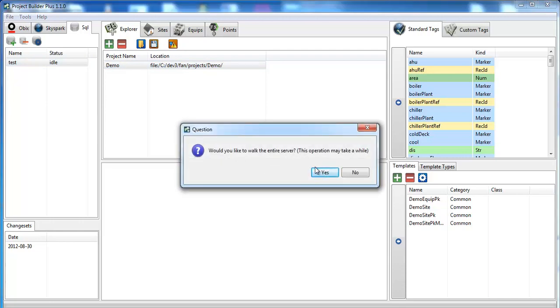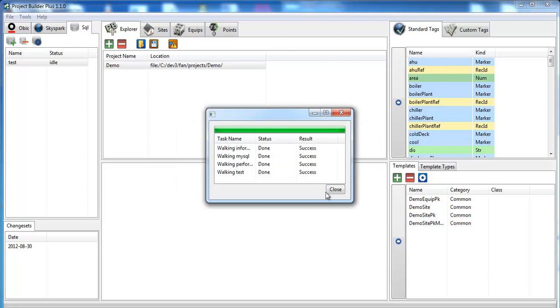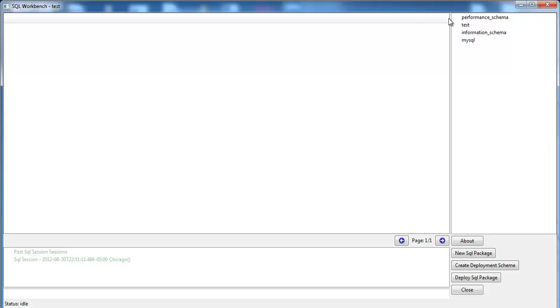So pretty much, if you have root access to the server, you can walk the entire server to get all the databases and be able to edit and display and manipulate them however you see fit. So once I click yes, it's going to walk all the databases, and now I have access to all the databases on that server. To start off, I'm going to